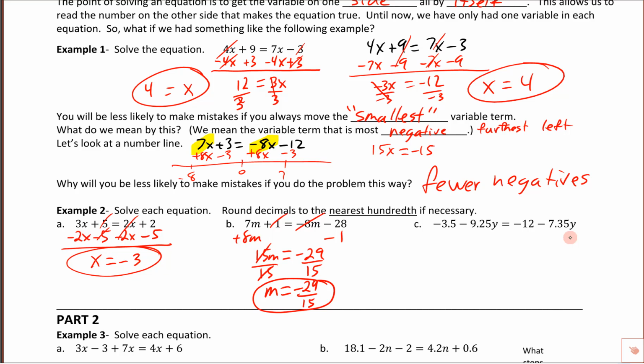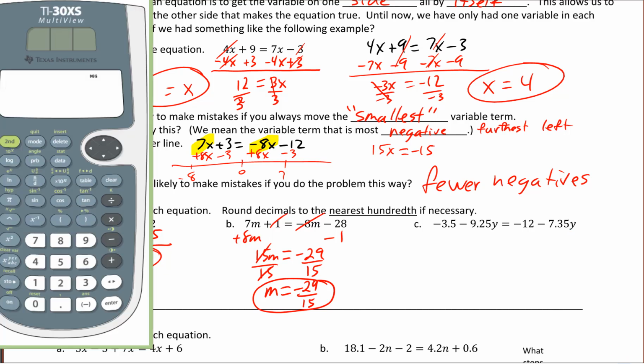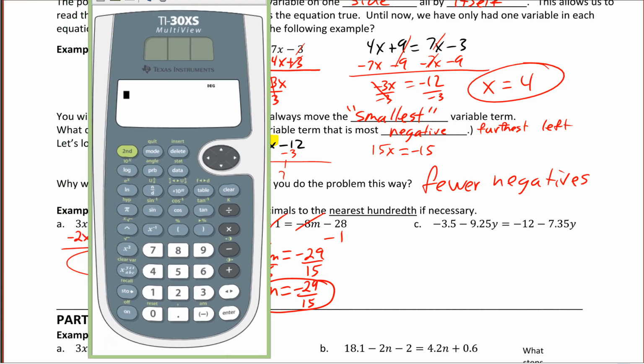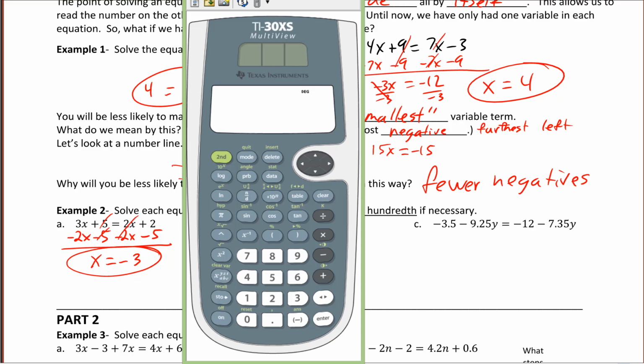We do have some decimals on this one, so we are going to be writing the answer probably as a decimal. Okay, I've got the calculator up, so we can use that to solve this problem right here. And hopefully you figured this one out. Which one is more negative? This one is more negative. So we are going to add